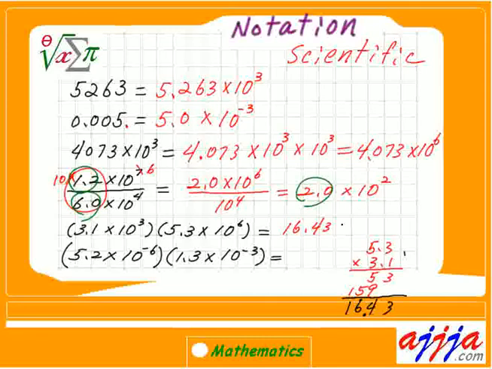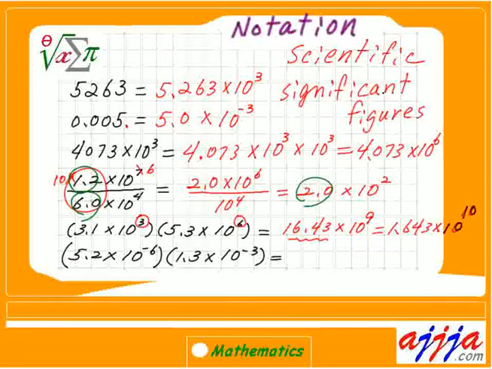16.43 times 10 to the what power? Oh, totally 3 here and 6 here, total 9th power, right? But the left-hand side number should be what? Oh, that's right, between 1 and 10. That's why you have to put the point right there. See, this one is a 16. That's no good. So 1.643 times 10 to the what power? That's right, 10 to one more power from here, which is the 10th power. See, 10 to the 10th.